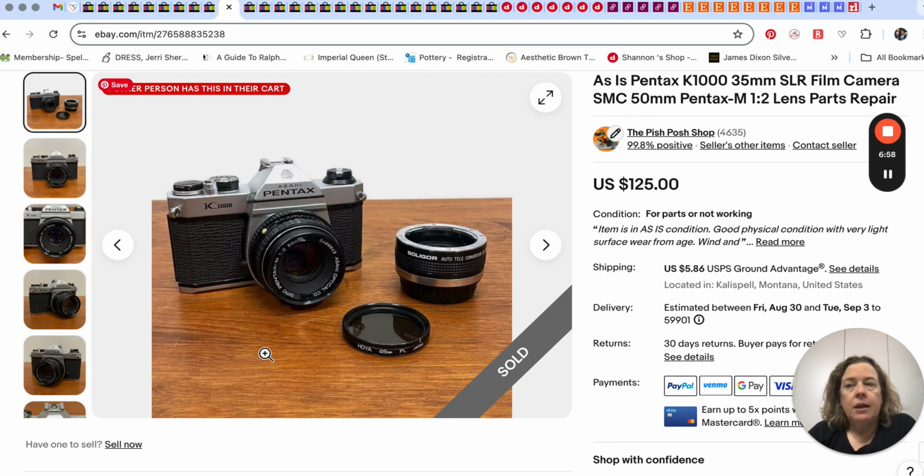And what we've done, because we had a camera come back to us, even though we disclosed that a camera's not fully tested, we did have a camera come back that had sold for a pretty good price, but it was advertised as, not guaranteed, but when it came back, they said they ran a roll of film through it and the shutter works sometimes and not sometimes, so it probably would need a little bit of work. But they wanted to return it, which is fine. That's our policy, that all our returns get accepted, but we don't pay for every single return to come back to us, only the ones where it was our fault. So that one we did pay, we got it back and